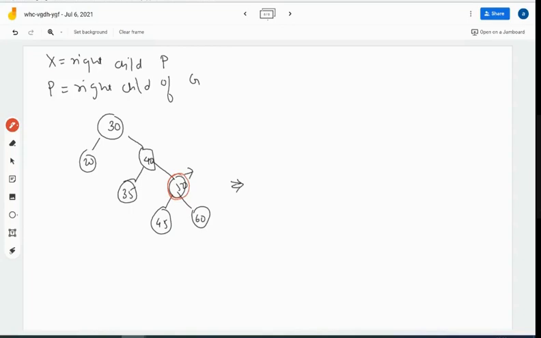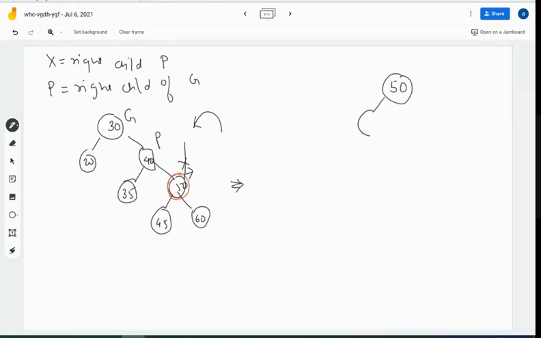Now your 30 is the grandparent. This is the parent and this is X. Now we'll do this particular operation in which it will be a zigzag rotation. अब क्या करेंगे, इसको हम ऊपर ले लेंगे. This will become the root node, right? 50 will become the root node.